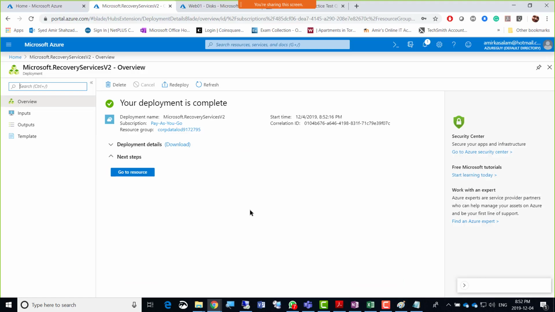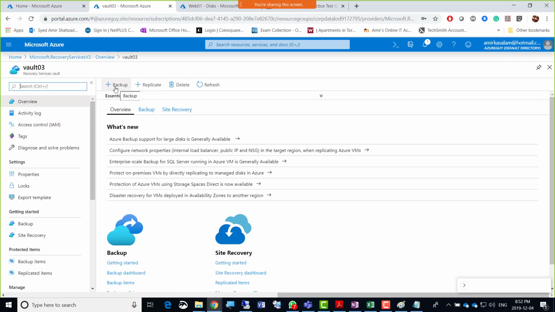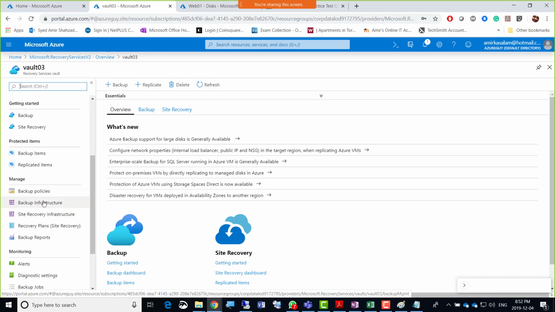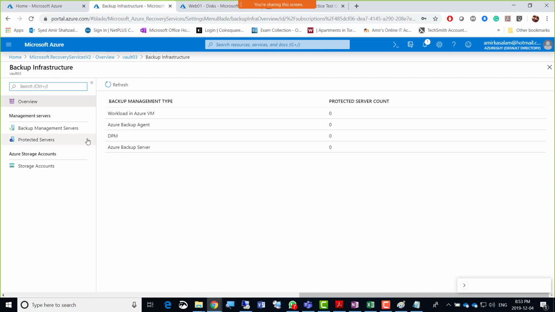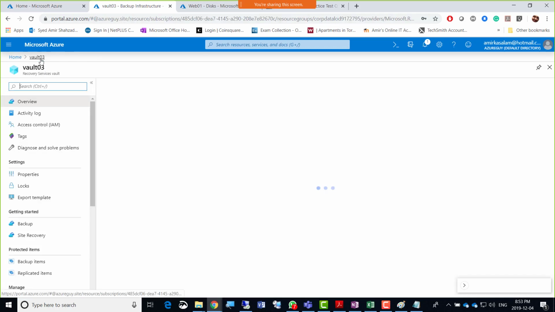So the vault is created, guys. I'm going to click the go to resource now, and then there is that plus backup written there as well. There's a backup written there as well, right? And then there are backup items, but there is a backup infrastructure here in the manage. So normally what happens is that you can go for plus backup, or first I will just check if backup infrastructure is showing there. So when I click that, it is already configured there, but it says that we have to configure. So I'm just going to go back here, and there's a plus backup. Oh, okay. I'll go for vault 3.